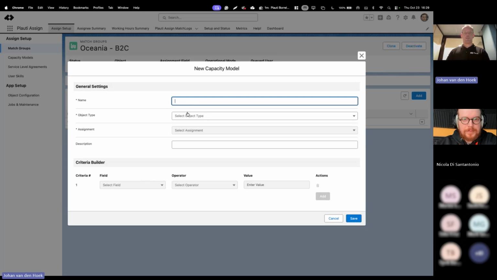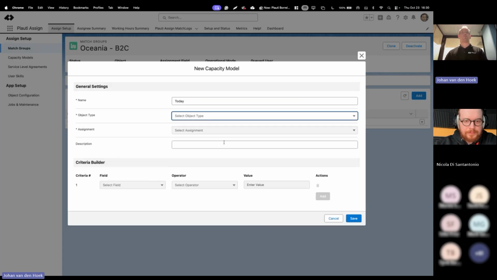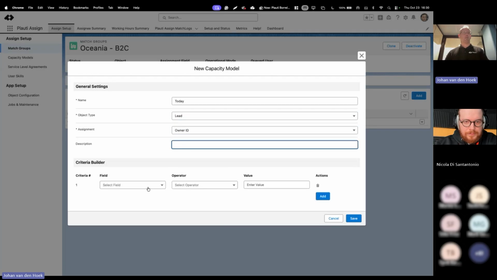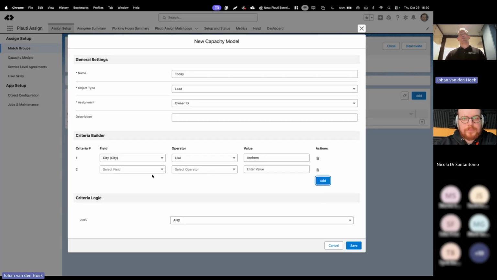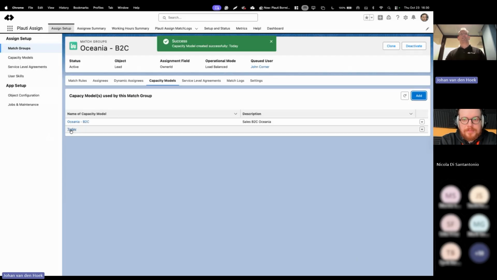create a whole new capacity model. I call it today or something. It's on the lead object, lead object owner ID, and then I can select the fields. So where city, like item, for example, again, can add, and this way I can add multiple criteria. And once I added the second one, it also shows the criteria logic. And when I delete it again, the logic is gone, because with one criteria you don't need logic. So this way you can easily create new capacity models, and from here it's automatically linked to